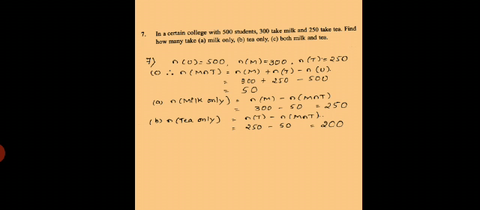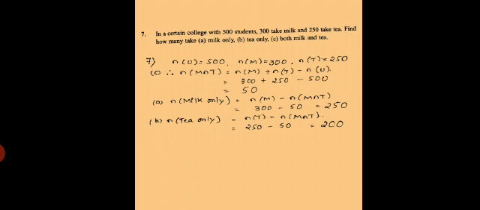N of U is equal to 500. N of M is equal to 300. Here M is for milk, T for tea. N of T is equal to 250. Now, N of M intersection T, the number of students who take both the